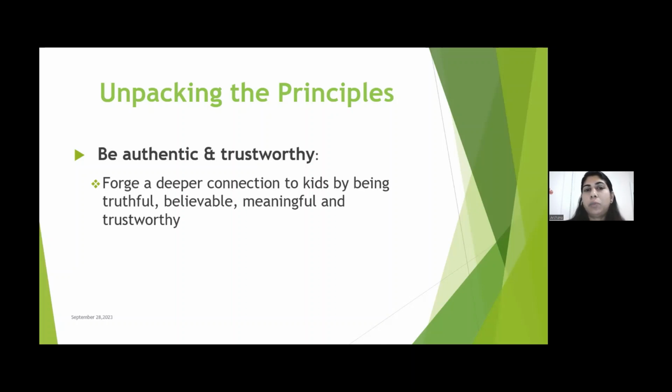Truth is more than evidence, but it's also credibility, right? Transparency. When we say truth, it is linked to understanding. We have to be knowledgeable because kids are looking at us. If they ask any question, we should have enough knowledge about our subject so that we can answer them, right? The kids in today's world are very smart. They will find us out, like, oh, she doesn't know anything, so we'll lose their trust. So we have to be knowledgeable about our subject. Then the second thing I would say, we have to be approachable.